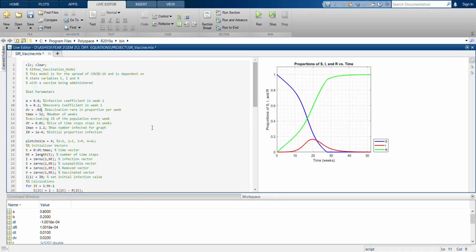If we give this 2% of vaccination to the population every week, we are actually keeping the infection rate under 20% at all times, which is good in several cases of COVID-19 infection. If we do 0.05, let's see what happens. We realize that the curve actually gets more flattened, but this is less likely to happen because of the slow